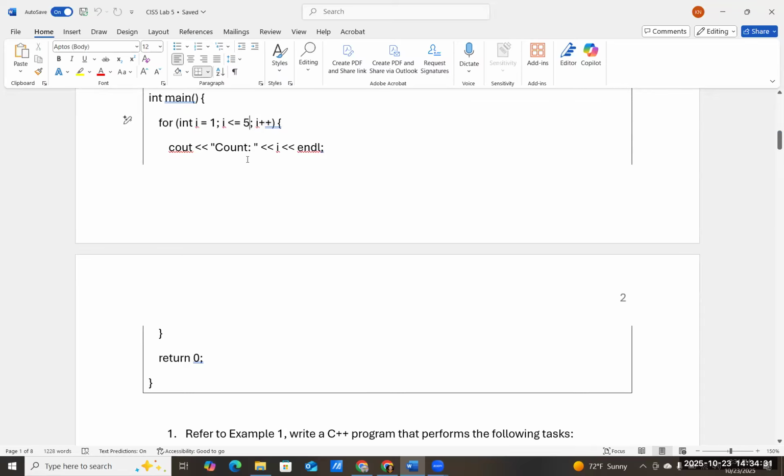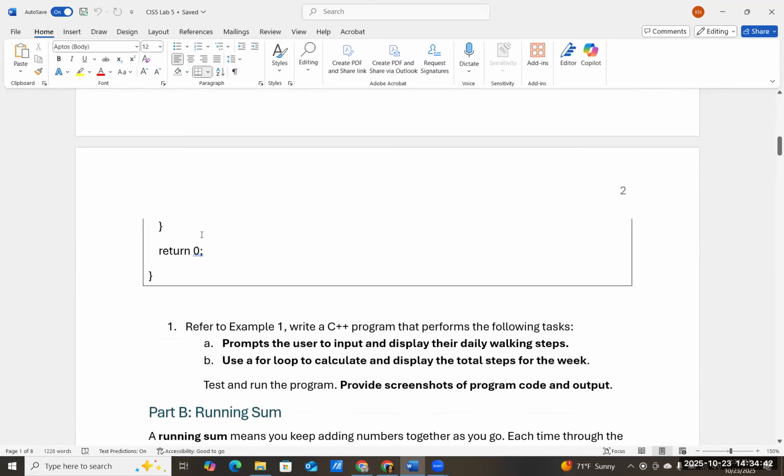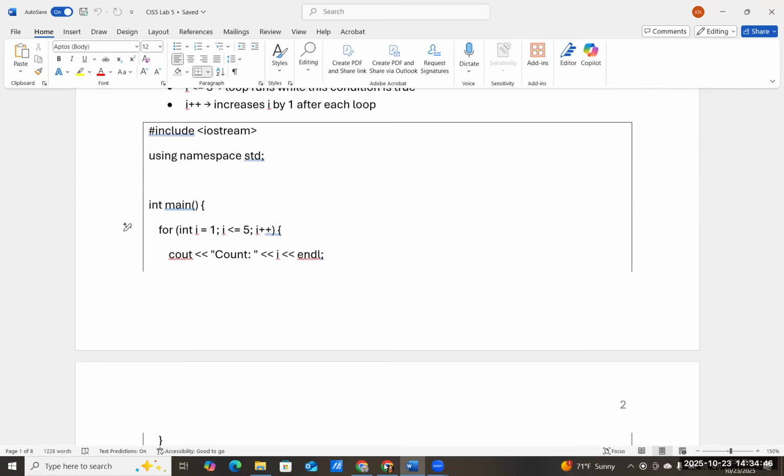So this is how you want to update. What is the max, right? I always know that for the for loop, how you start, how you want to end and how you want to update, okay? And then we are going to do a return 0 to complete the program. So if you run this,